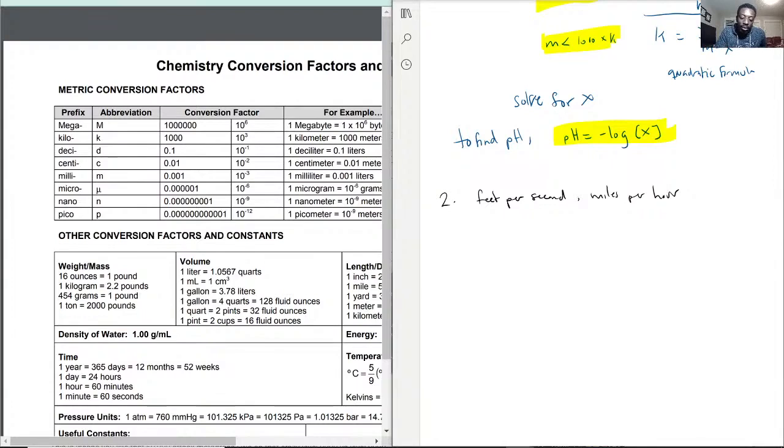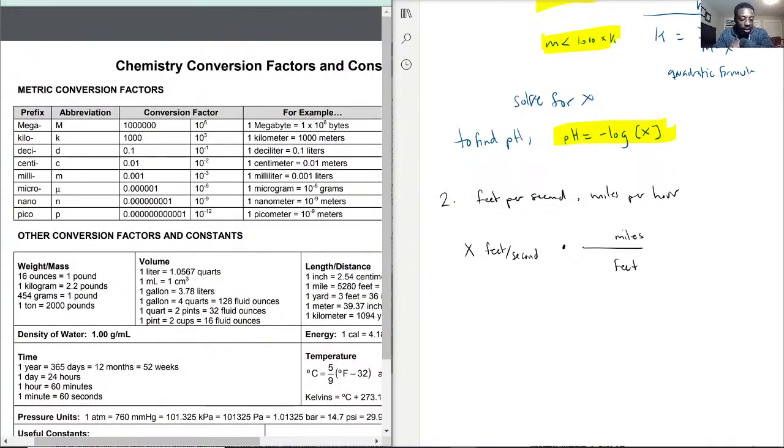So I have right now, let's say x feet per second. Okay, and you want miles per hour. So you want hours in the denominator. So this way it actually gets a little tricky, because remember, you still want things to be able to cross out. But let's just start with feet, okay? So we want feet to miles, right? So feet here, miles here, okay? So with that being said, what we could do is look in our table